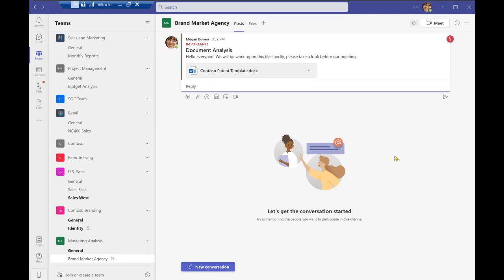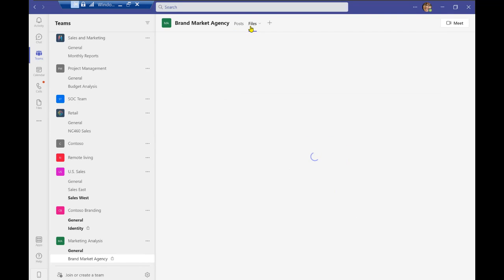It'll take a moment. And now because this post has been shared out, the people who are a part of this team can automatically let me know that they've seen this document and can interact with this post. Now, because I've shared this file out, you can obviously access this file easily right over here if you choose to do so. But if there were a good amount of posts, since this channel is new, there aren't as many. But if you wanted to go ahead and access those files, you can select the Files tab right over here.